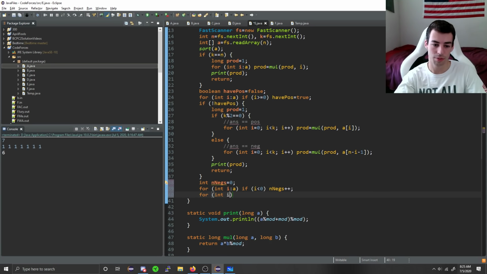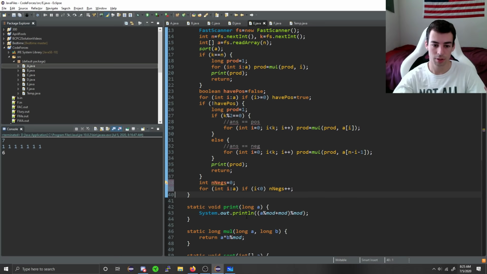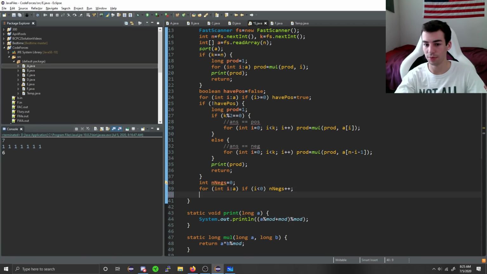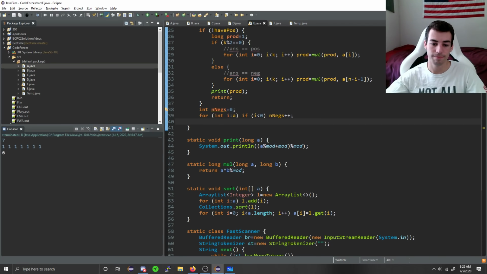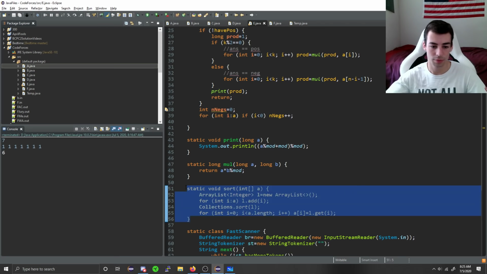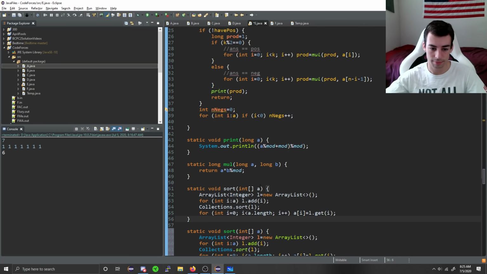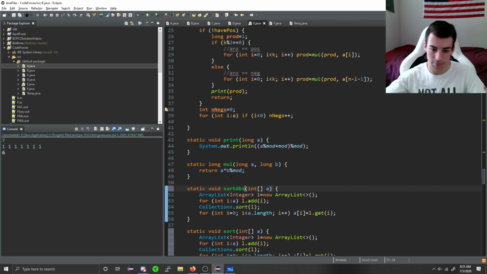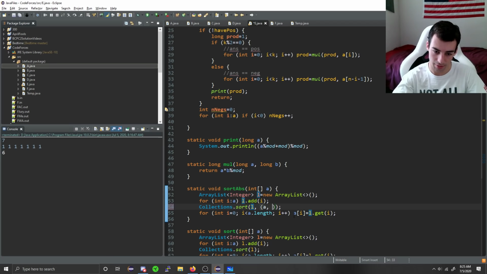So now we should probably sort it by absolute value, right? So we make our array list of integers. We just need to sort this by